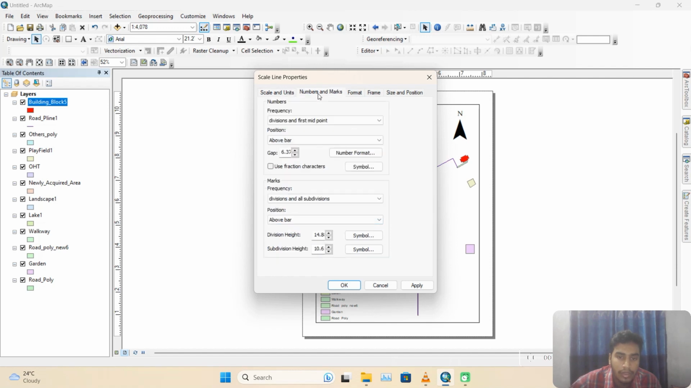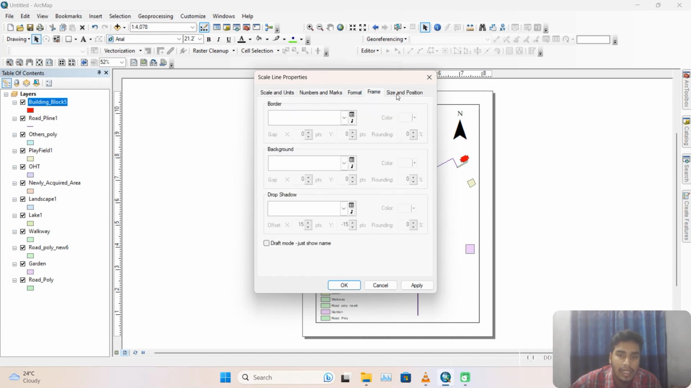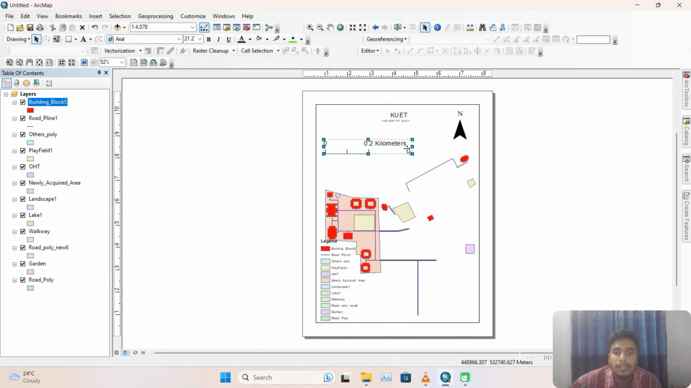We go to here, we're gonna end and set frequency to 0, position, format. We're gonna change its name, size and position, and hit OK. Here we can see that this 0.2 is also a fraction, so we're gonna increase its